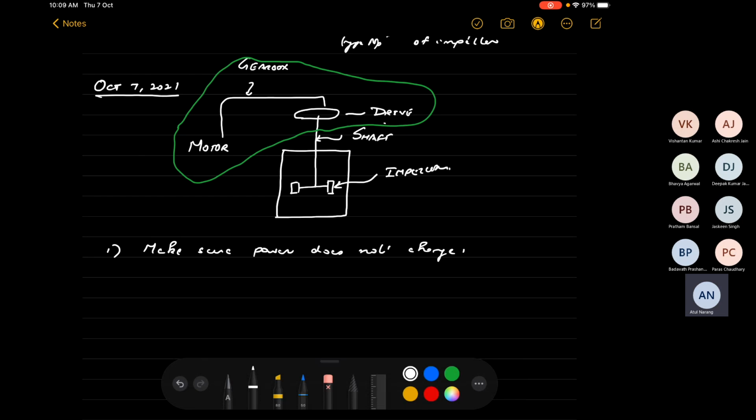Because if the power draw changes significantly when you change the impeller, you'll have to change the motor and so on and so forth. What you really want is that the power that you're drawing is used more effectively, right? So that you get much more for the power that you're drawing. And the second is, you also have to make sure that the impeller speed,